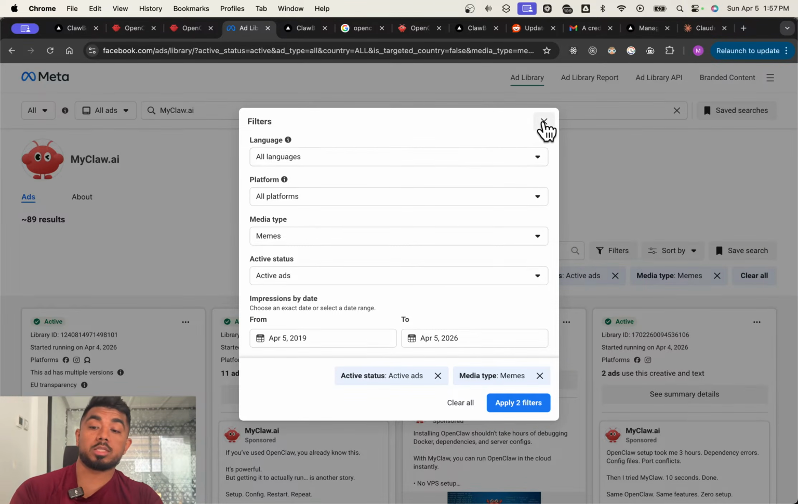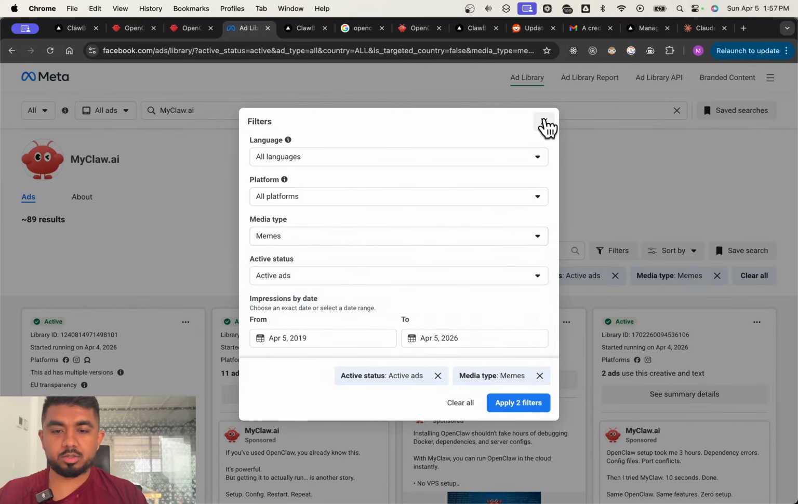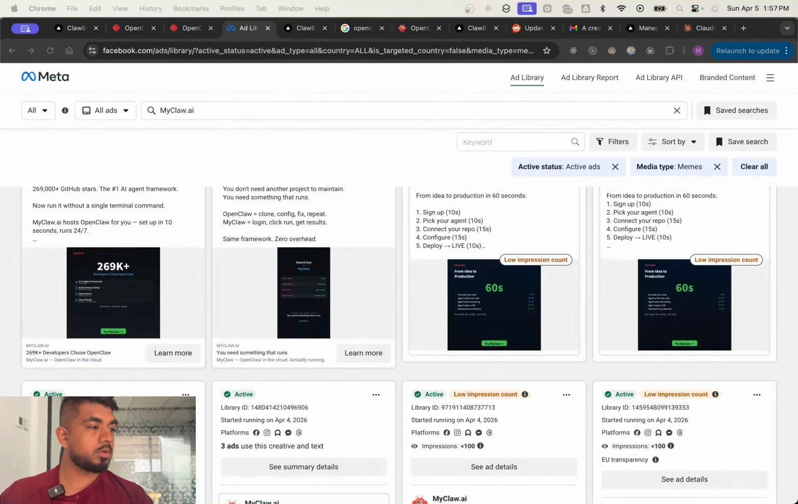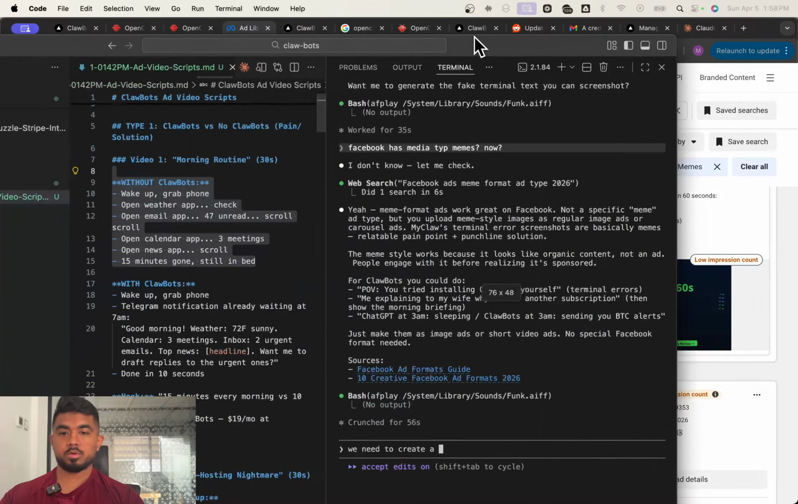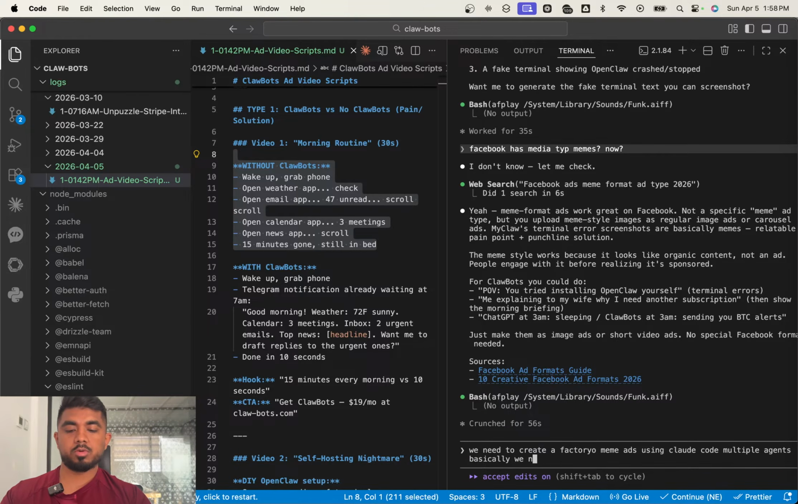Shit, bro. So that's the majority of their ads, meme. They're just running a bunch of meme ads. So we need to do the same. We need to create a factory of meme ads using Cloud Code, multiple agents. Basically, we need a markdown file